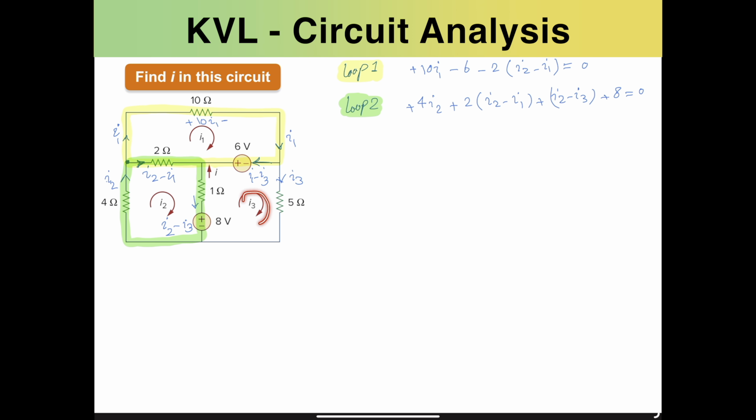Now let's move forward with the third loop, and I'm going to highlight that with another color to elaborate the differences between the different loops. Right now, I would start from this arbitrary position at the bottom right, and according to this current flow, we need to first go left and upwards. We first hit this voltage source with the negative terminal, so we need to consider that with a minus sign. So minus 8 volts,